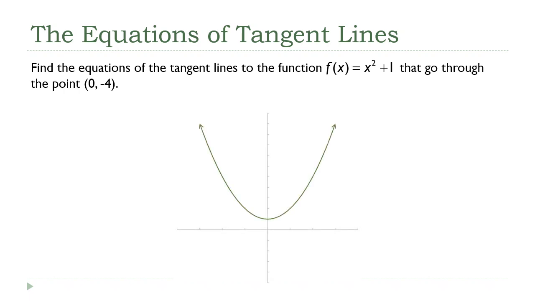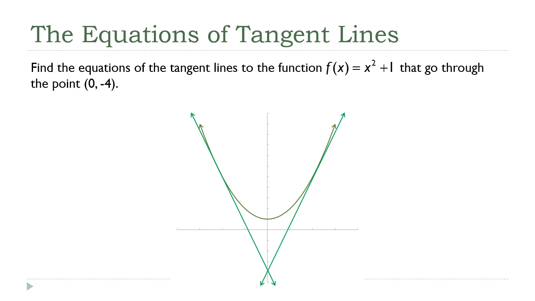I'm going to sketch a graph of the function. And we have the point (0, -4) down there on the lower end of the y-axis. So there are going to be two tangent lines coming up through that point. So that's why we're going to get two answers here. Now, to do this, we're going to kind of rely on the symmetry. It's fortunate that the point we were given to work with is on the axis of symmetry of the graph,